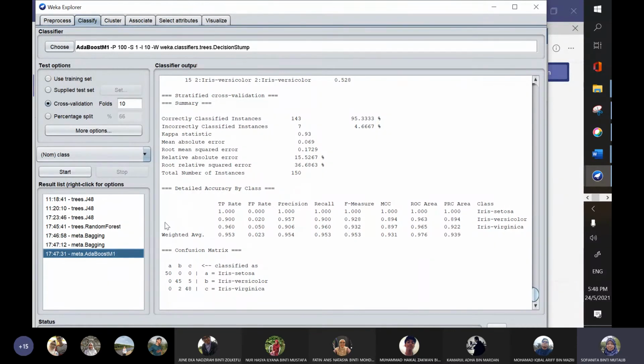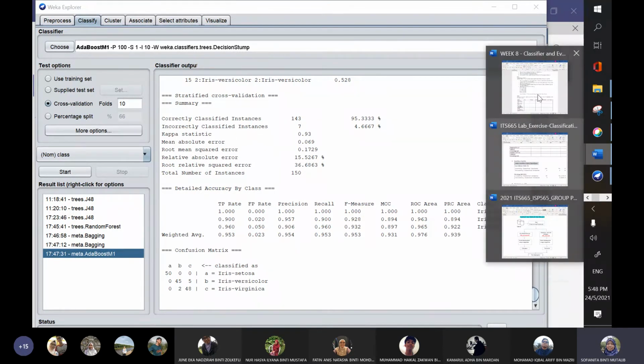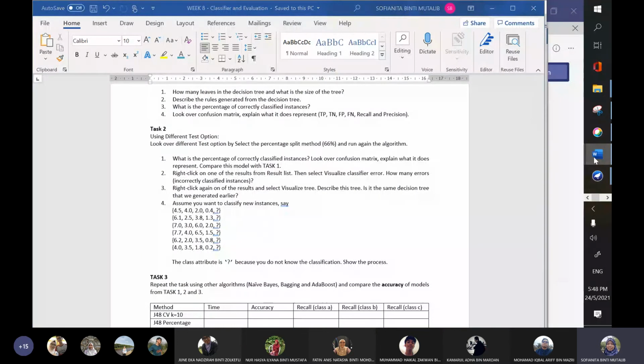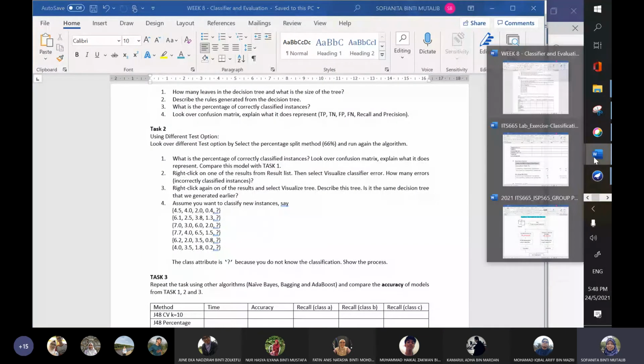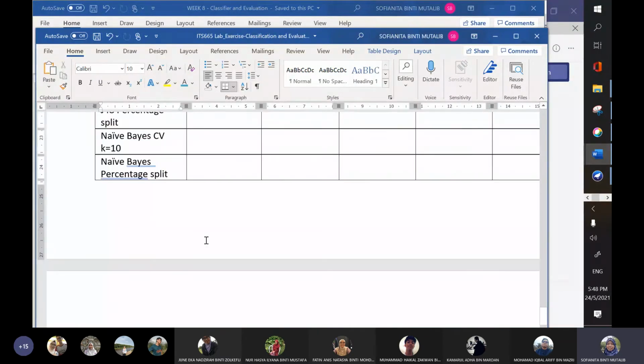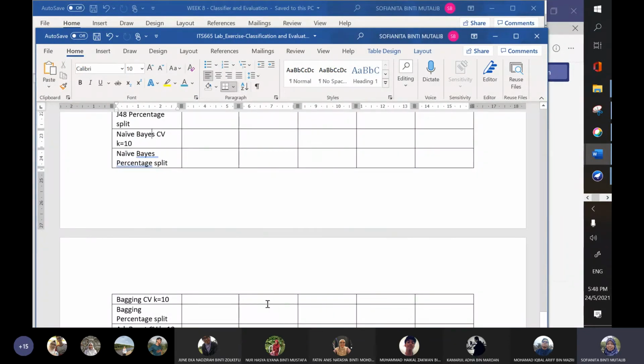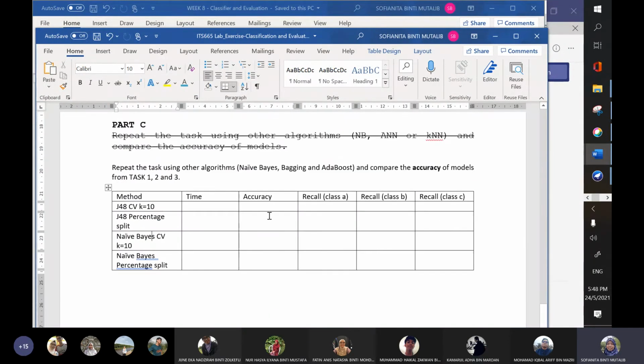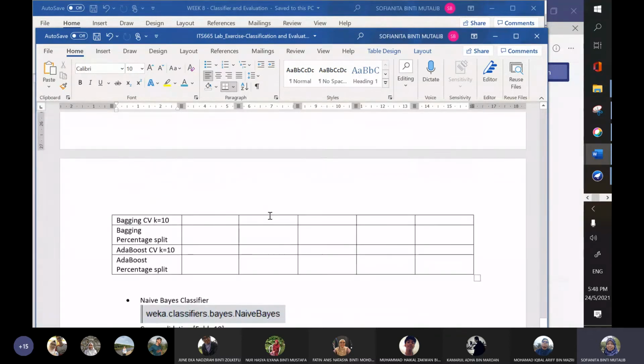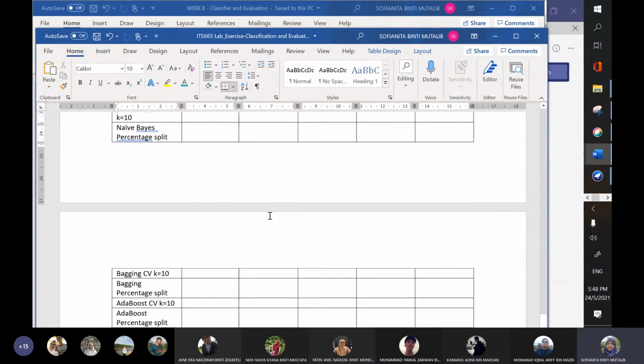So this is what we can achieve. At the end, if you put it into a proper table, most of the time your accuracy results will be more than 95%.